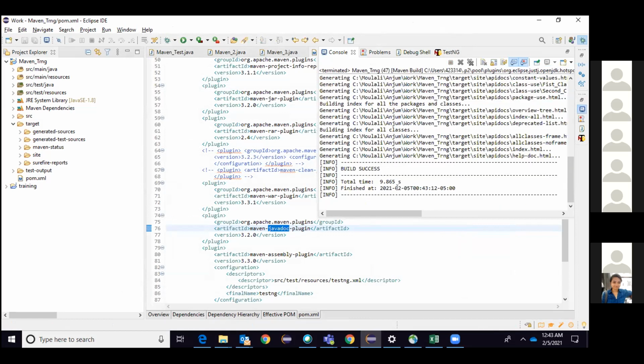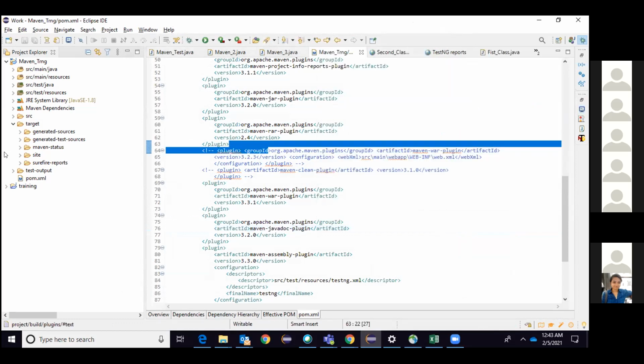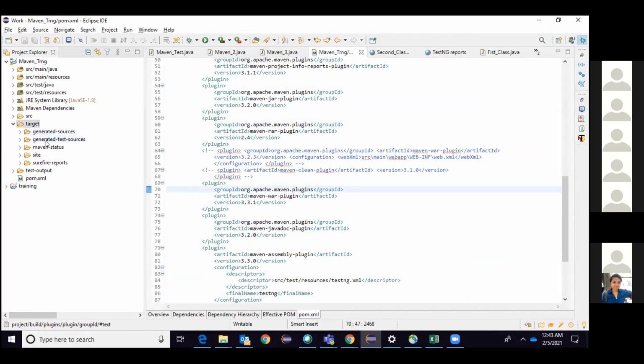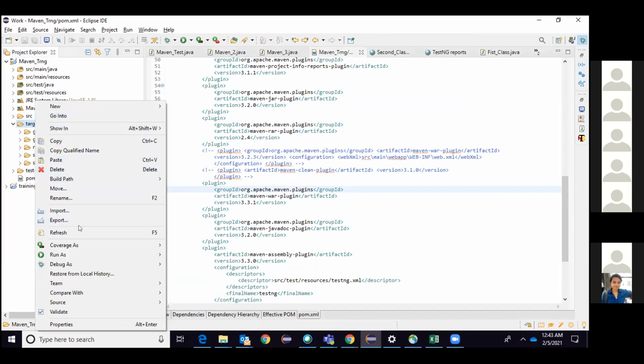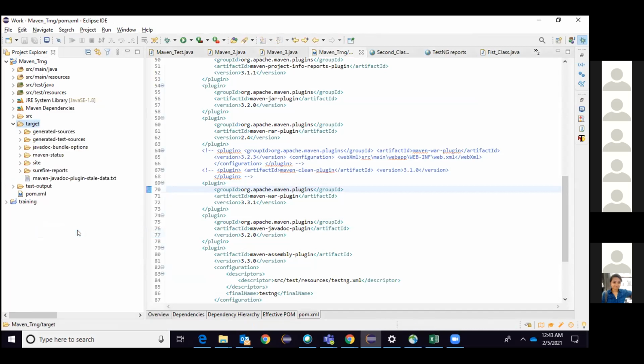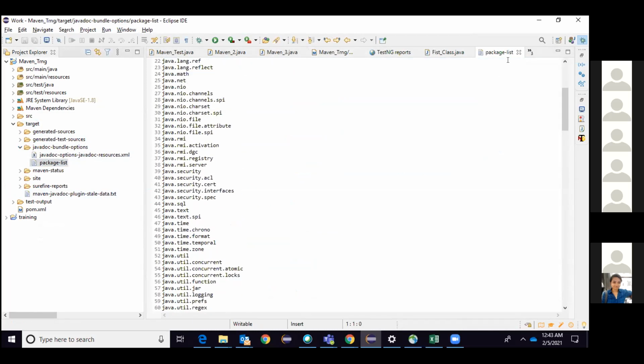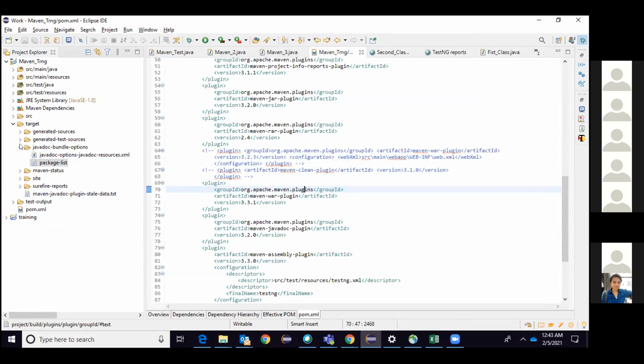Okay, now it has been generated. If you go to the target, guys, you can see generated resources, Maven, site and Surefire here. Let me refresh. This is the package list being generated.